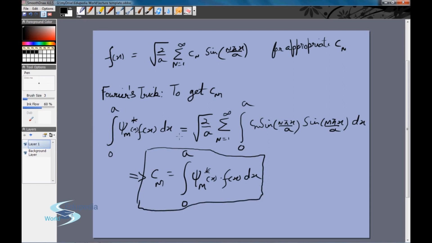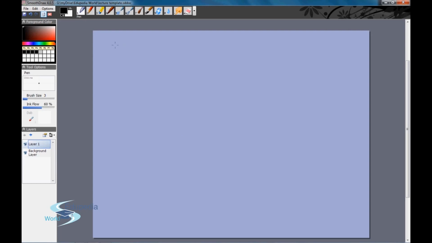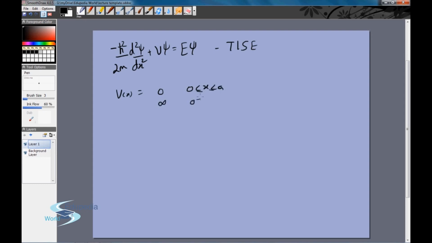Right. So we started off with the time independent Schrodinger equation, minus h squared by 2m d squared psi by dx squared plus V psi is equal to E psi. This was the time independent Schrodinger equation, and then we had a potential V of x which is 0 for x between 0 and a and which is infinity otherwise. So everywhere that the potential was infinity, we knew that psi of x is 0, and in this region psi of x is non-zero. So we put V is equal to 0 here and we got the solution